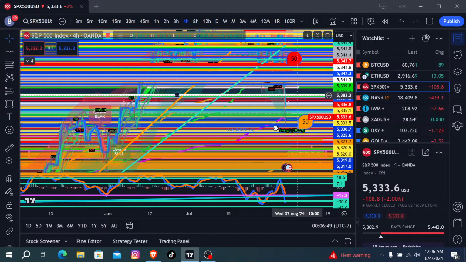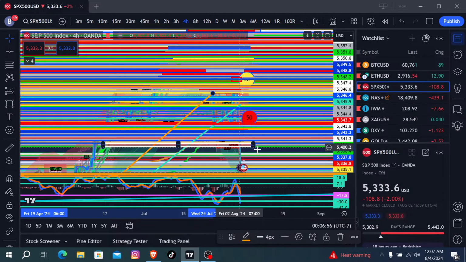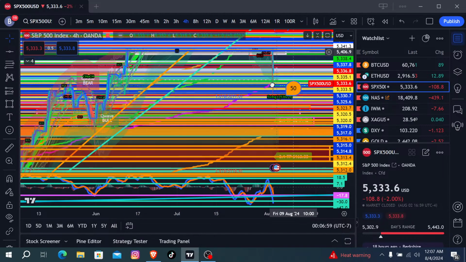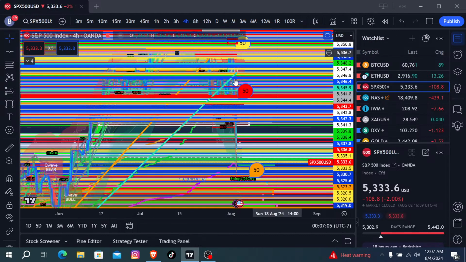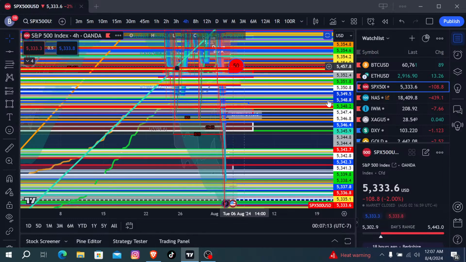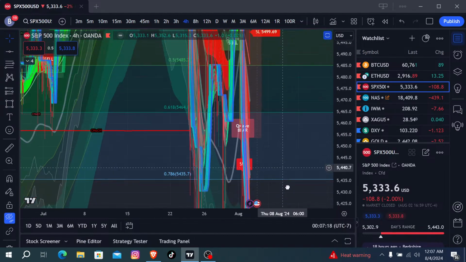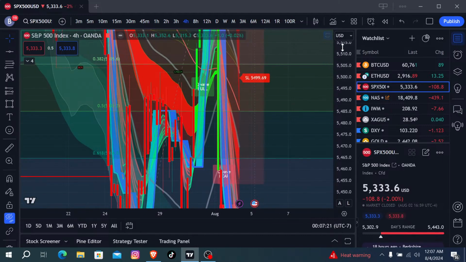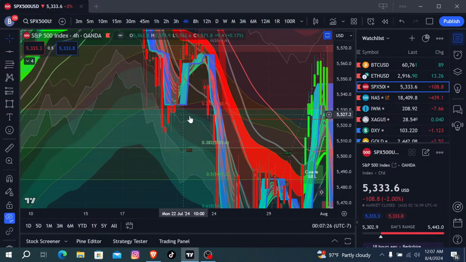Oh damn, that's all the way up there. I'll tell you guys. There you go. So it was this trend right here, too messy. I know, people, too messy. Too many lines and boxes. So this trend right here,